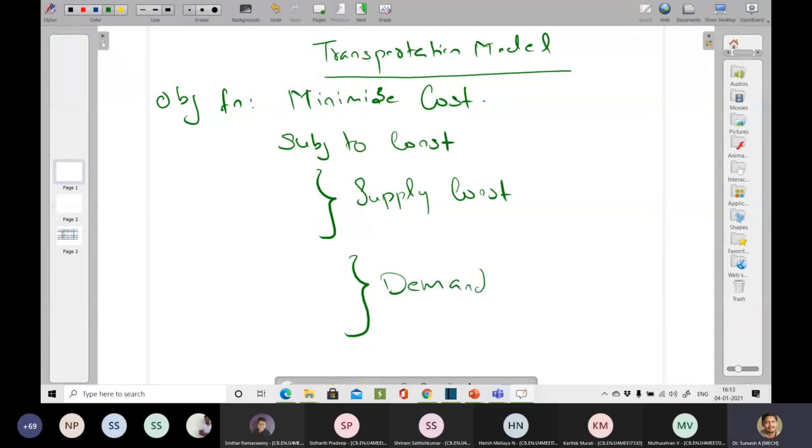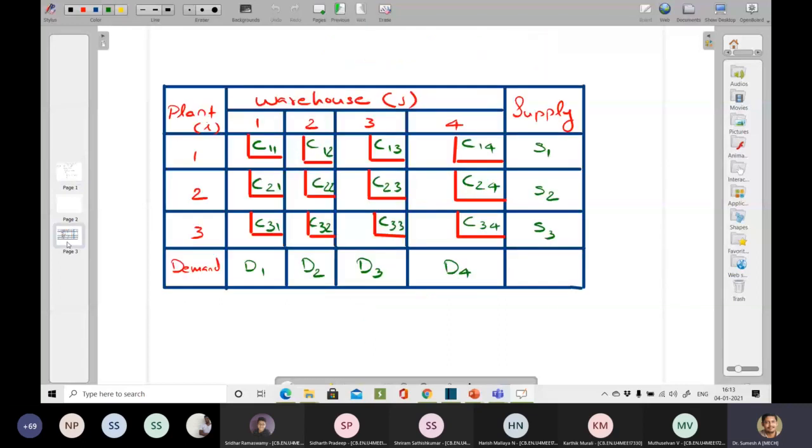Okay, so you have to solve it, then only you will be able to get a clear idea of this. So straight away I'll just show you a matrix. I hope my screen is visible. Yes, sir.